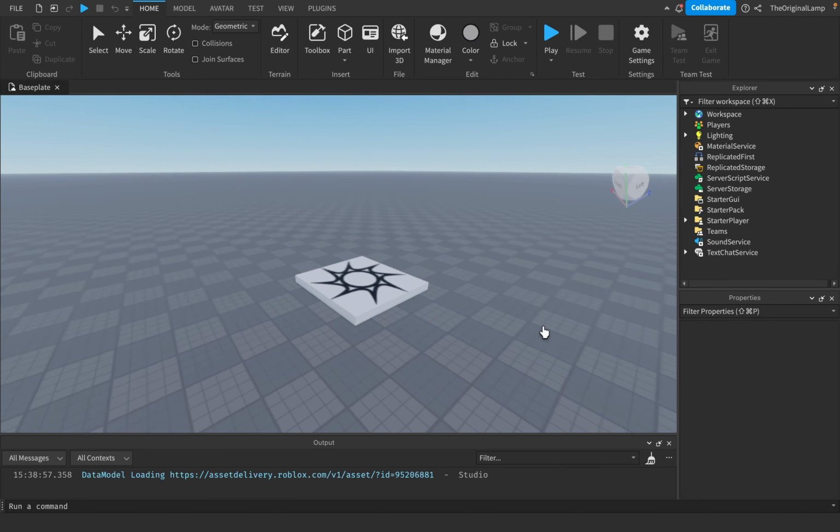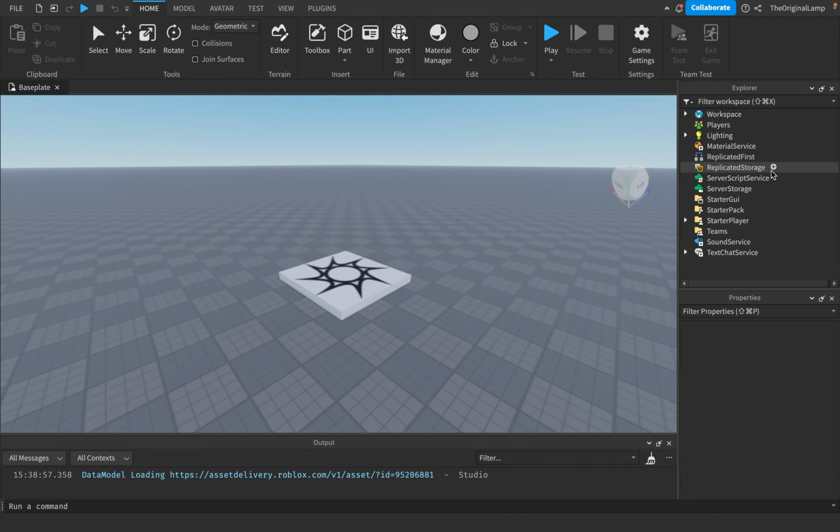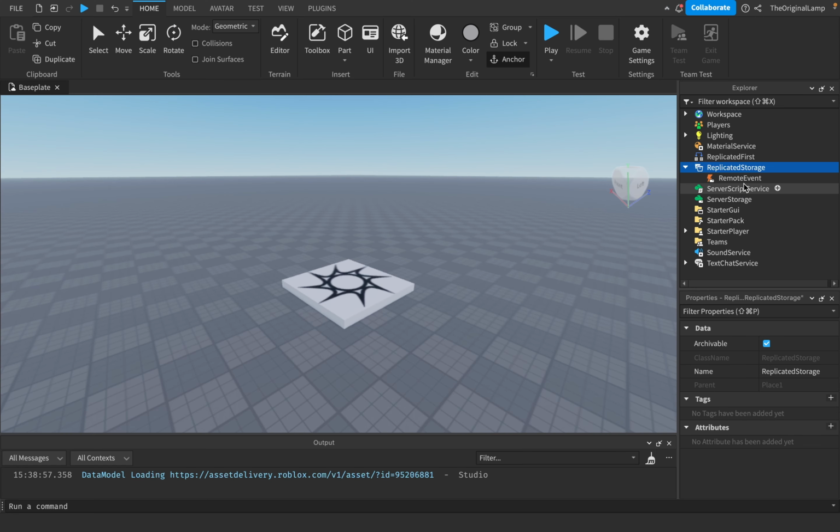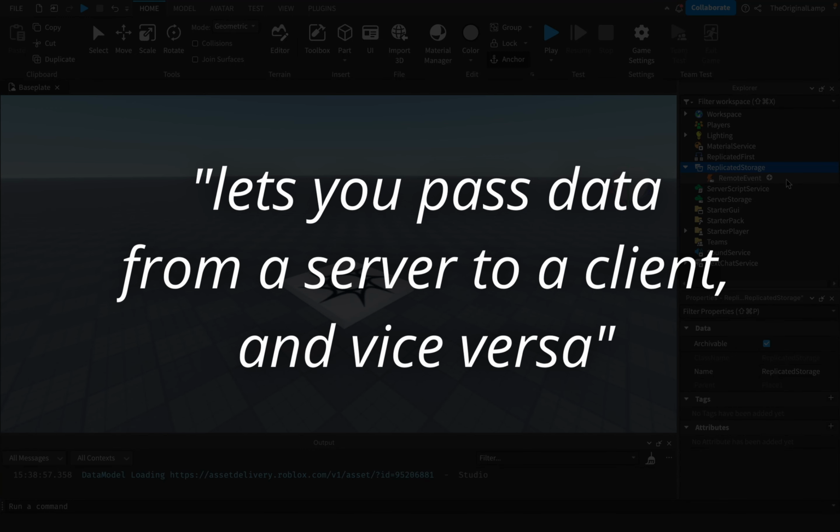As you can see, this is a blank new project, and let's actually create a remote event. Let's go to replicated storage, click new, remote event, and you can rename it whatever you want, but I'll just keep mine remote event for now. A basic description of a remote event is that it lets you pass data from a server to a client